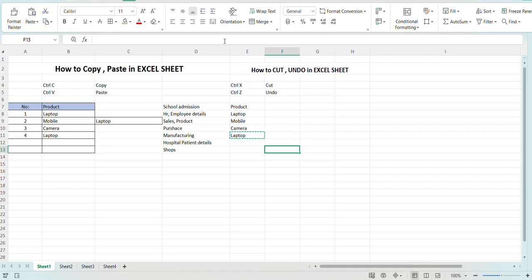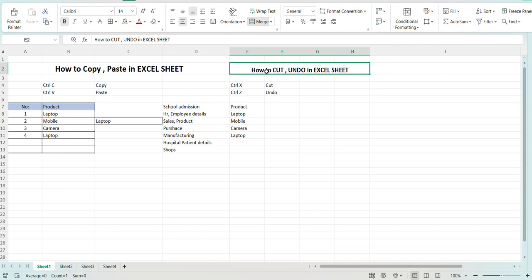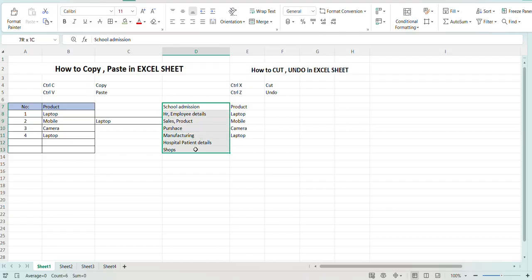We do have a back arrow in this file, so it will go back to the previous step. So that way also you can do cut and undo in Excel sheet. Again, this will be very useful in your data sheets where you are working in different departments, like school admission. You entered one employee's detail which was wrong and you want to go back to the previous step, then you